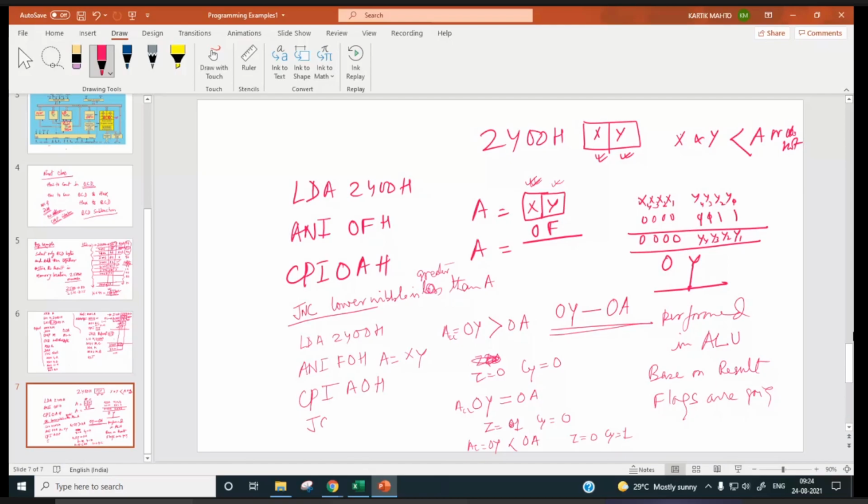JC byte is BCD. Now if carry is generated, then we check the upper nibble X. JC, byte is BCD, or JNC, byte is not BCD.